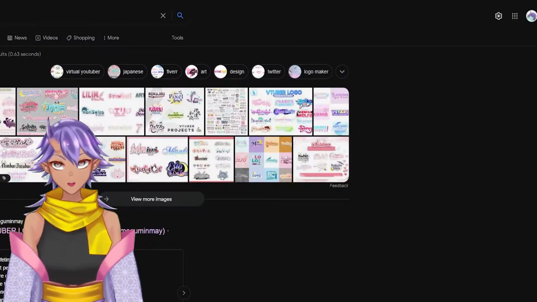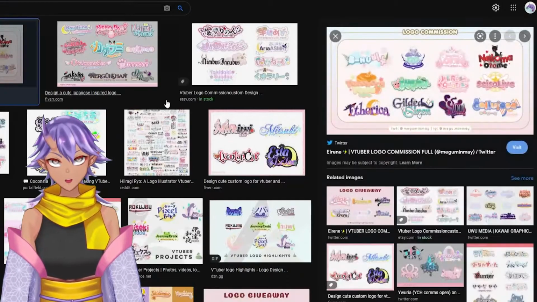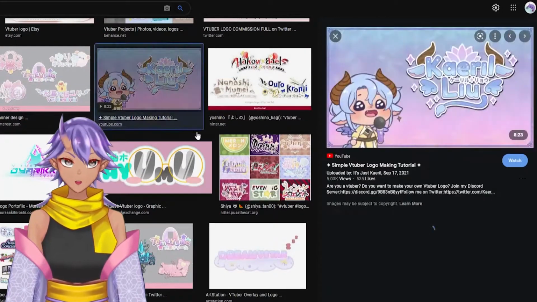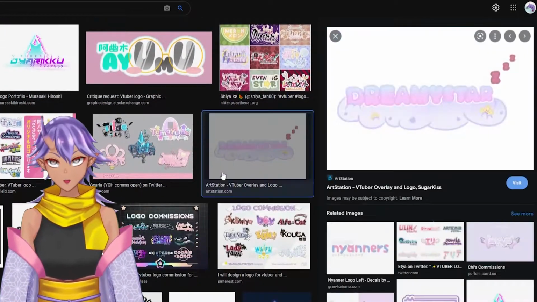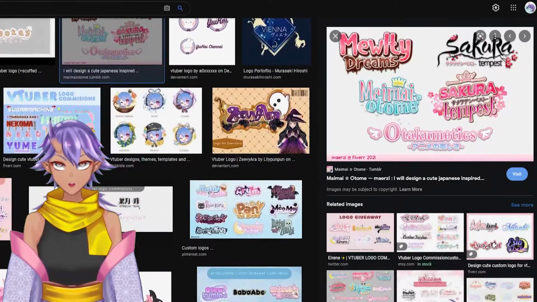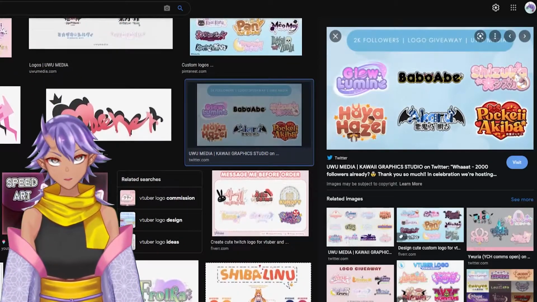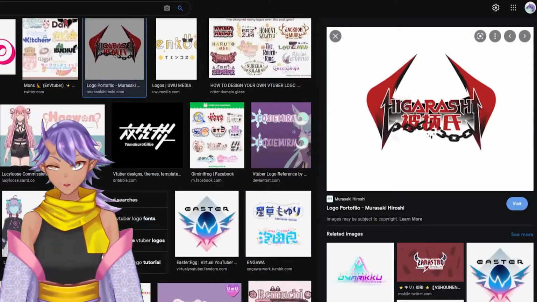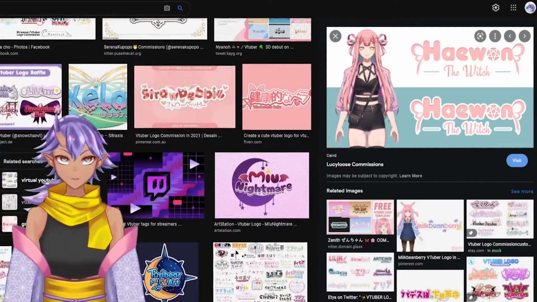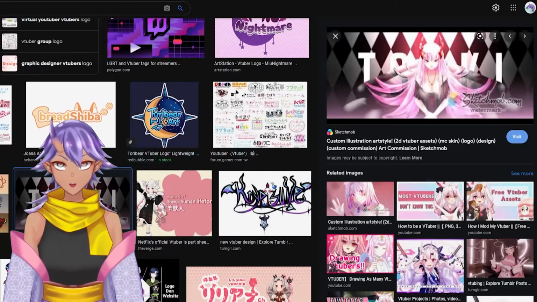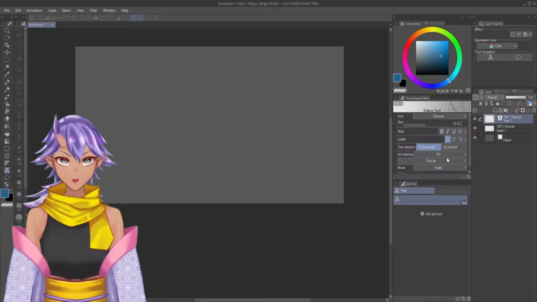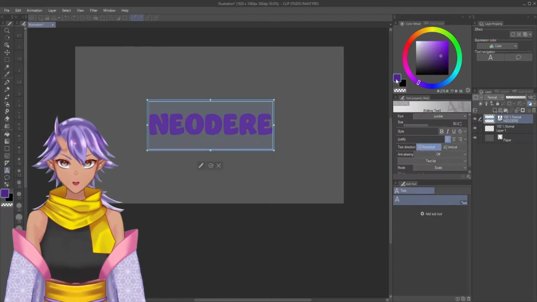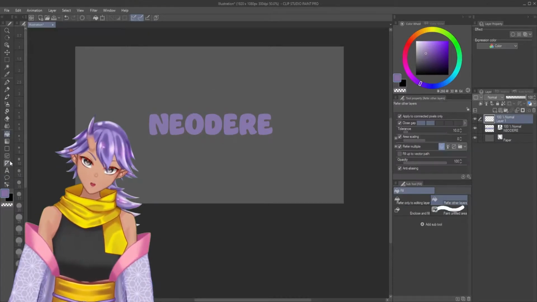Another thing is that I also went to look for references, and this is also very important. Don't be scared to look for references for any work you're doing. The one that I circled right there was my major reference, which is actually a video that I will be putting down below, which is an actual tutorial on how to do this. I highly recommend it because this is not a tutorial. This is just me talking about what I made and how I made it. So I reference that one a lot. I'm going to put it down below and recommend it. So have a look, see. By It's Just Corel.